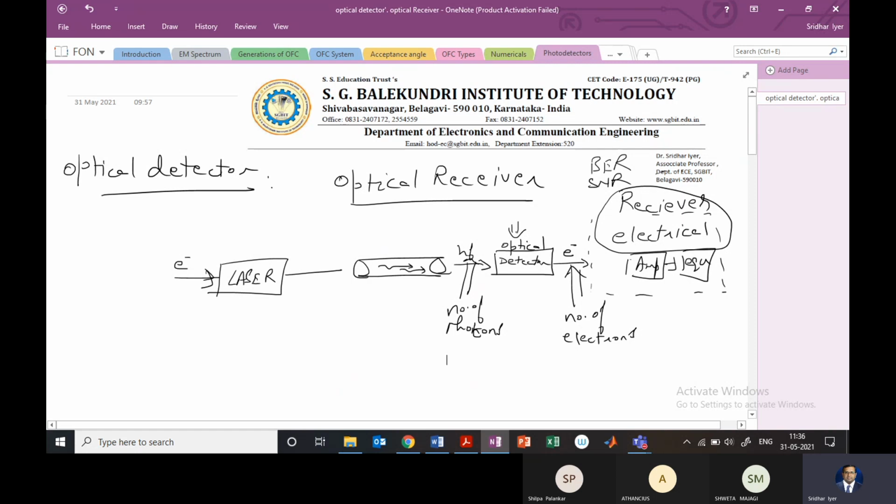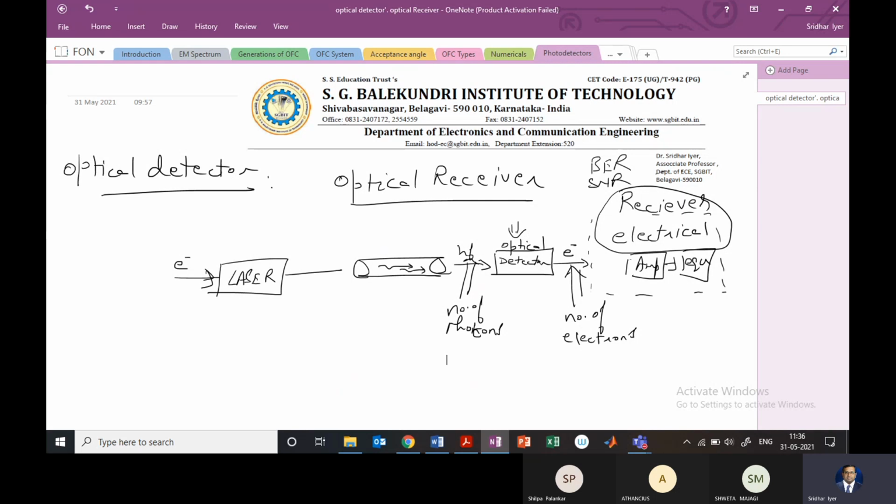At the output of this optical transmission link, you must have some receiving device. And this detector is going to interpret the information in the form of an optical signal, that is light. So this is basically the receiver, that is the photodetector. That's why it's called a photodetector. The job of this photodetector will be to sense the light power which is falling on it,